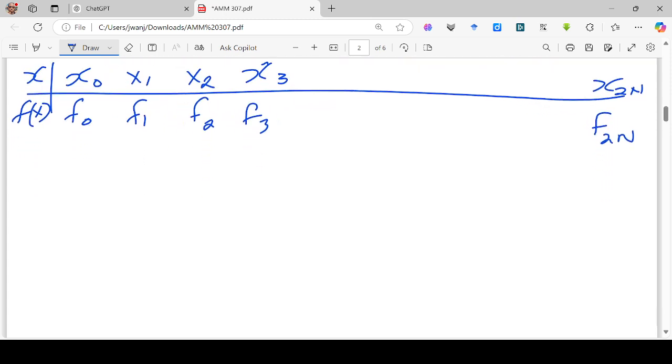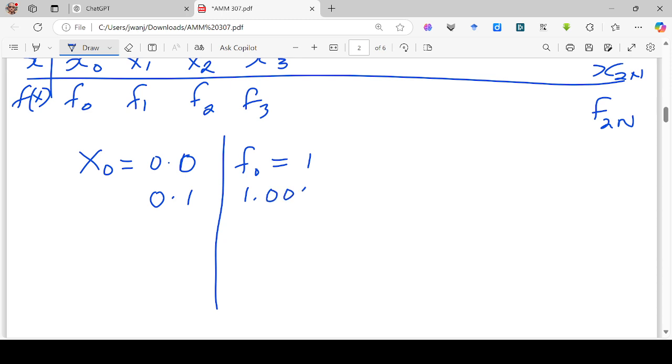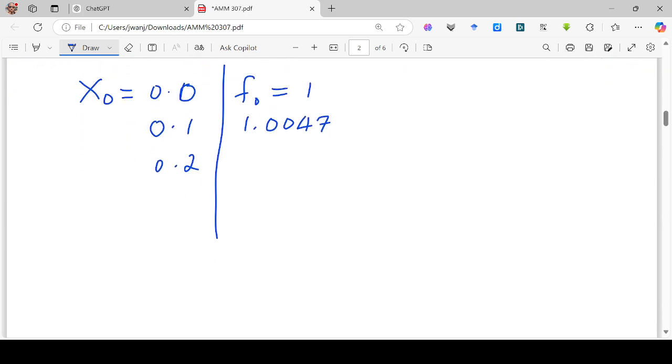In this example, x0 is 0.0 and the corresponding value f0 is 1, then for 0.1 we had 1.0047, for 0.2 we had the values, and I can just reproduce them here: 1.0178,